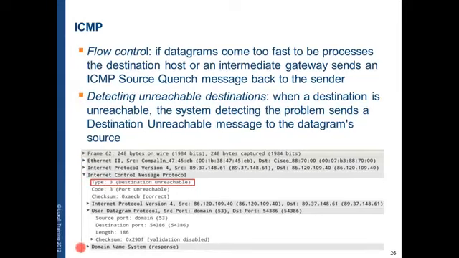Below here I have an example, a capture of this kind of packet. As I said, we have here the type. The type of the error is destination unreachable, which is 3, and the code of the error is as well 3, which means port unreachable. So most likely when this packet was sent it means that the port wasn't up. We are trying to send a packet to a destination that has a failed port.